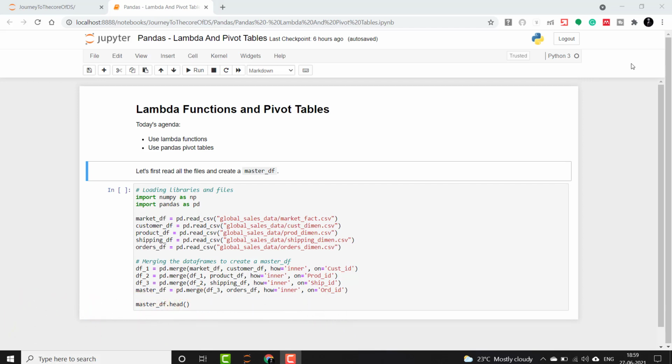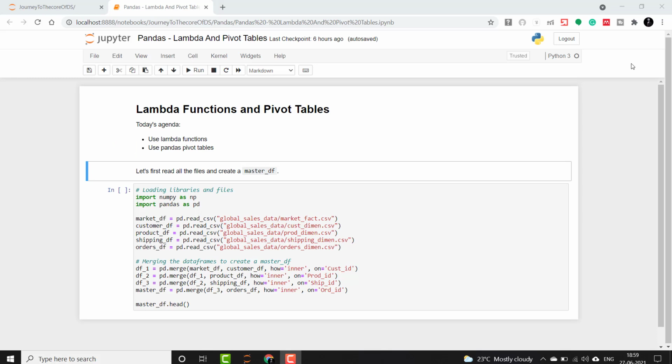In the previous session, we have seen grouping and summarization concepts using retail sales data and IPL teams data. Now in this session, we will be going a little ahead. Until now, we have not made any changes or modifications to the data. But in this session, we will use Lambda functions to create new and alter existing columns, and use Pandas pivot tables as an alternative to df.groupby to summarize the data.